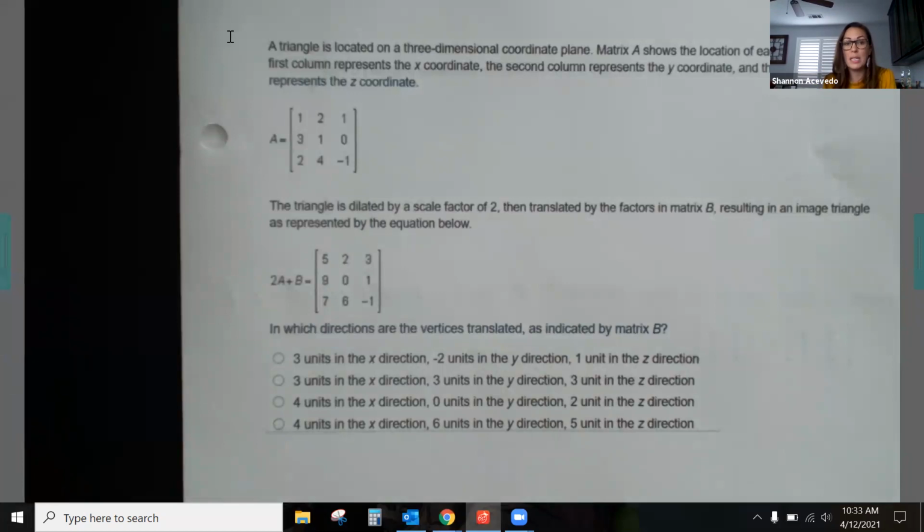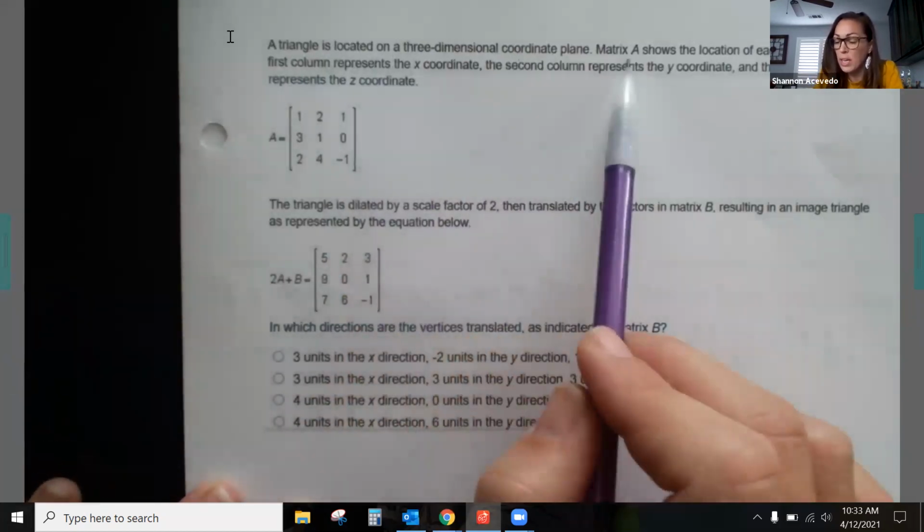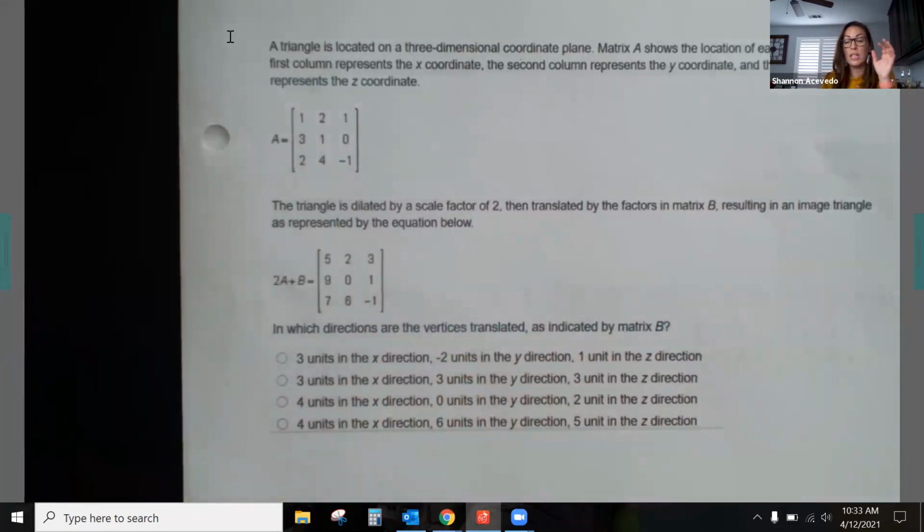a triangle is located on a 3-dimensional coordinate plane. 2-dimensional are x and y; 3-dimensional will be our x, y, and z. So we have our axes going left and right, up and down, and then you have your other one going through it, so you're getting that depth. So you have up and down, left and right, and then going through this way would be your